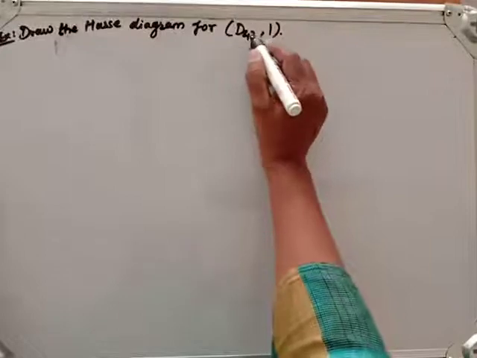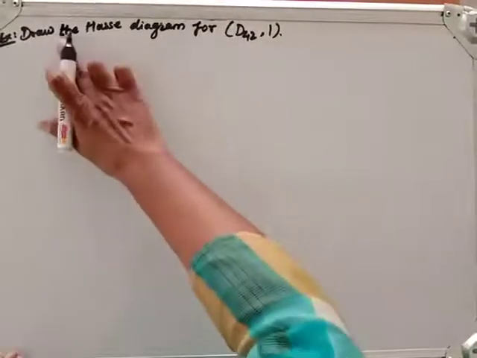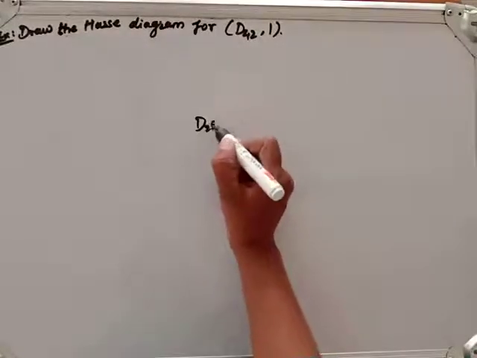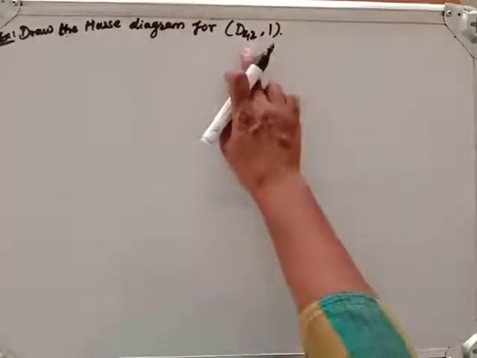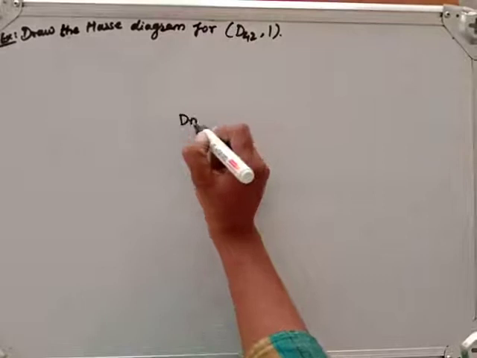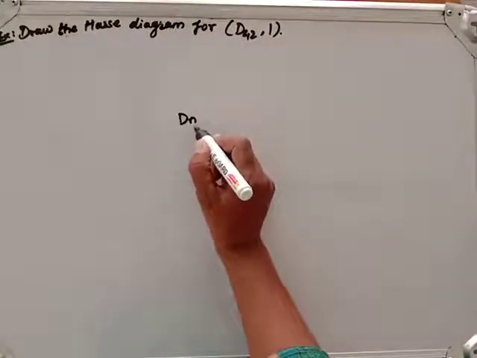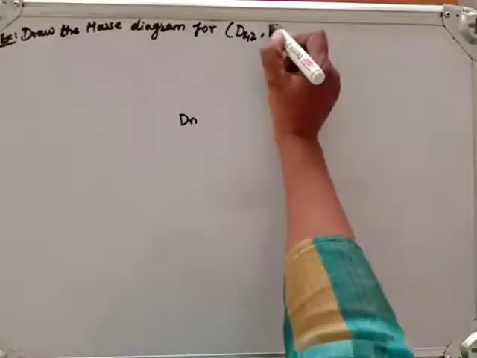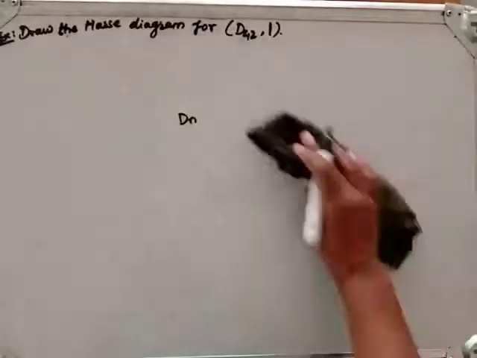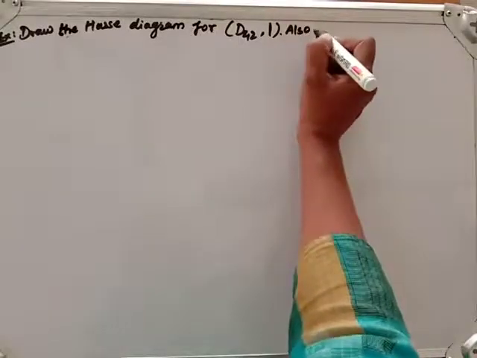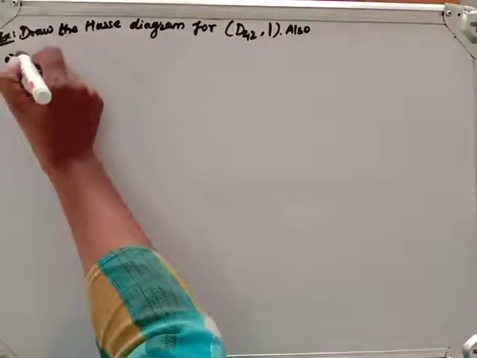Now this D42 is nothing but the same poset just like in the previous example, which was D25. D42 is all divisors of 42 that are in this poset. Already we have written this note that Dn is all positive divisors of n. Now with this relation, what? A divisibility relation, or the divides relation. So here also the same kind of question, and the first thing, suppose (a), find maximal and minimal element.